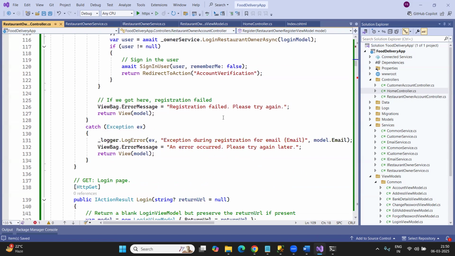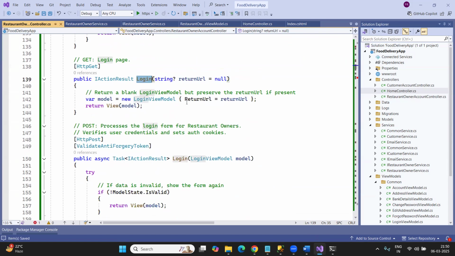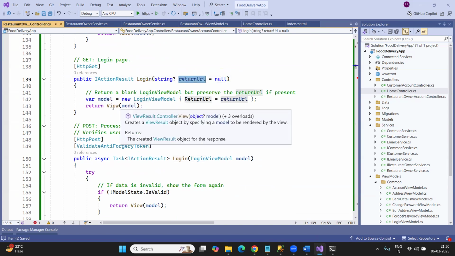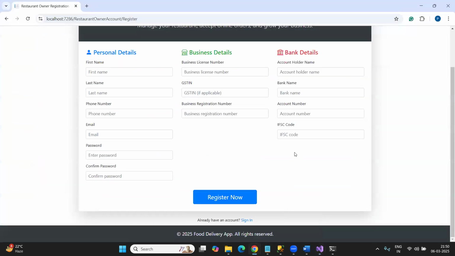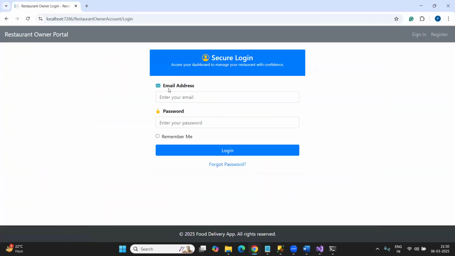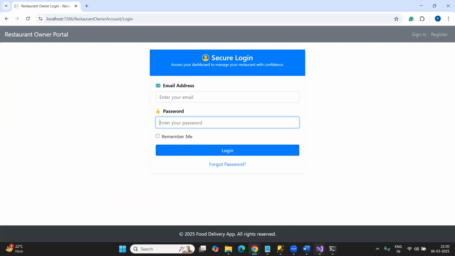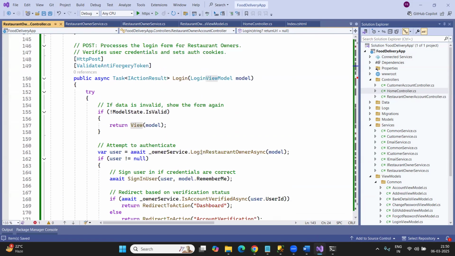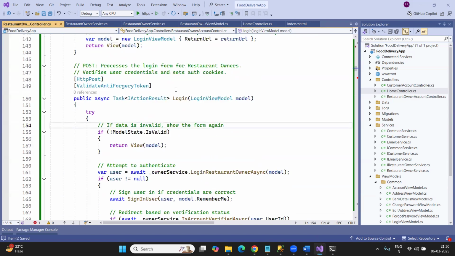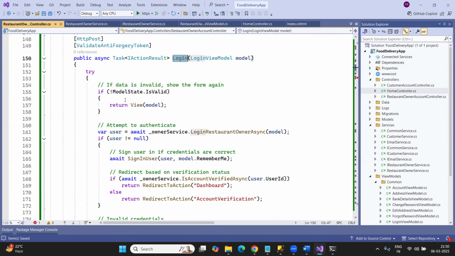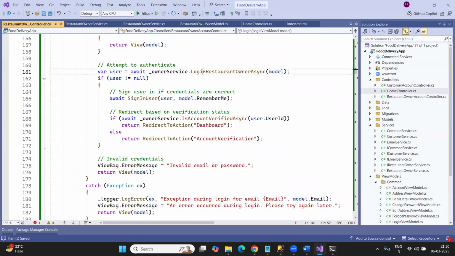Yeah, clear, sir. Right. So this is my login method. Whatever redirect URL I'm taking, I'm rendering the login page. In this case, this page is going to be rendered where we ask the user to enter the first name and last name, and the remember me option for permanent login. Now this is going to be my post action method. First of all, we validate the model state, whether it is valid or not. Then we call this method to check whether the user is valid or not. This method is going to return me the data, whether the user is